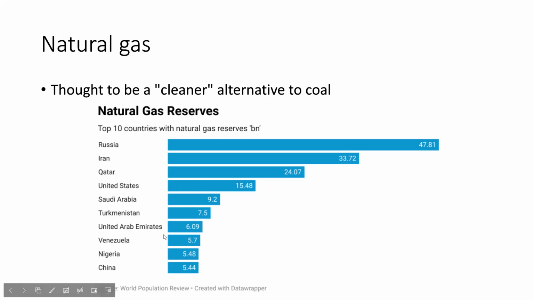And you can see the countries here that have the largest reserves of that natural gas. So America coming in at the fourth place, but Russia has a whole bunch of natural gas in it, along with Iran. So you can see in Eastern Asia, and then a few of them are also going to be in the Middle East. That's where we're going to see a lot of the natural gas. But then you do get some in Nigeria, some in Venezuela. So it is located in different parts of the world.